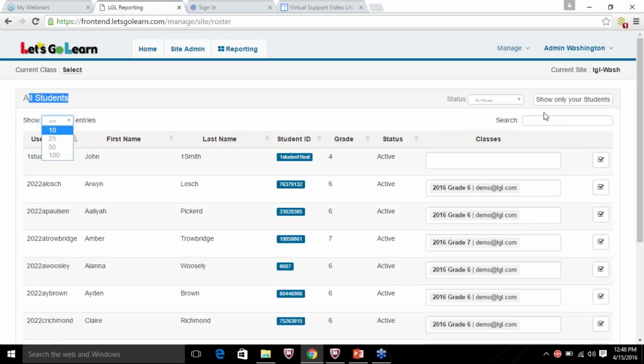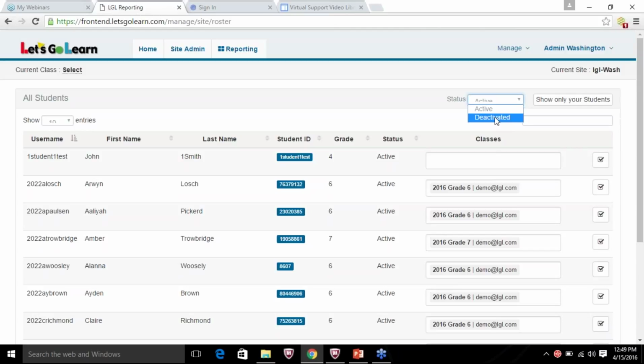Back here under Show Your Students, I have the option for search. So you might want to find a specific student, you know that they've left, and you want to go ahead and take care of that. You can do that from here. And you can also search for deactivated and active. So currently we're looking at our active students, but the same way that we looked for deactivated, you can actually reinstate a student who's been deactivated.